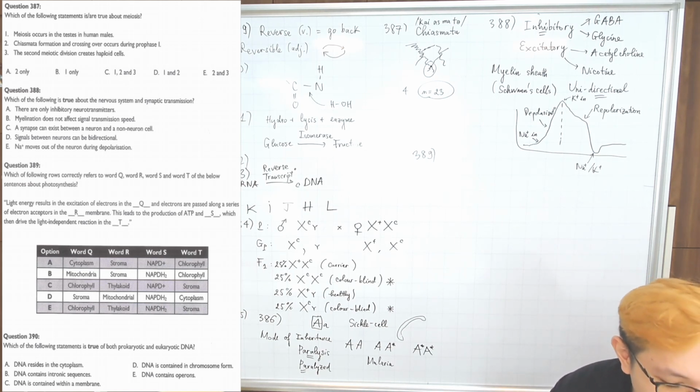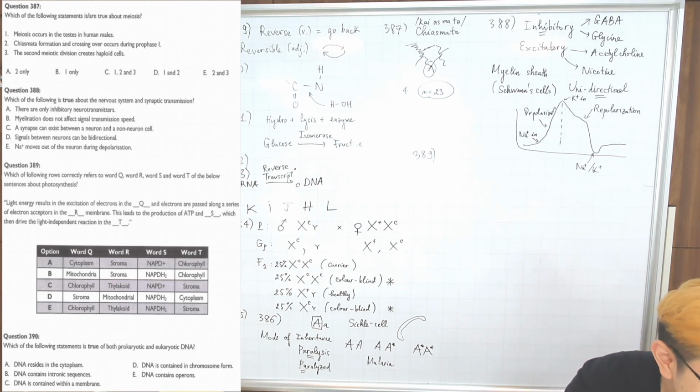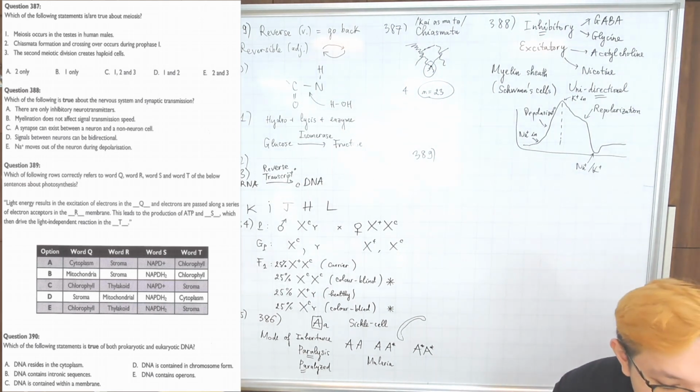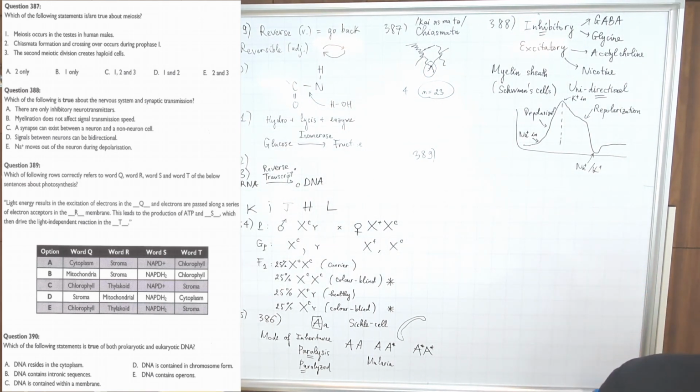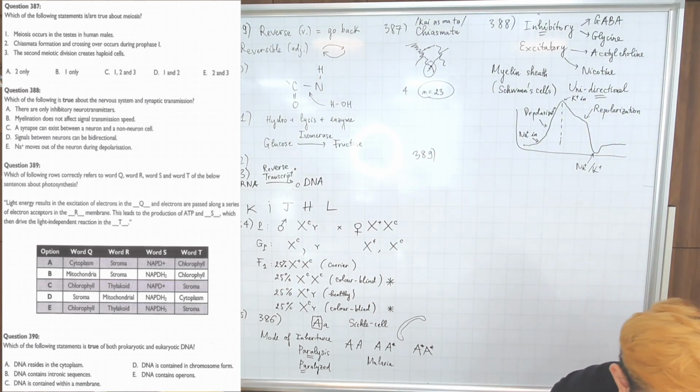Cái NADPH2 á, nó là cái thứ mà nó có sẵn H trong nó rồi, nhưng mà khi nó cho bớt H đi thì nó mới thành cái NADP cộng, đúng không? Thì bây giờ điều này dẫn đến sự sản sinh của ATP và cái